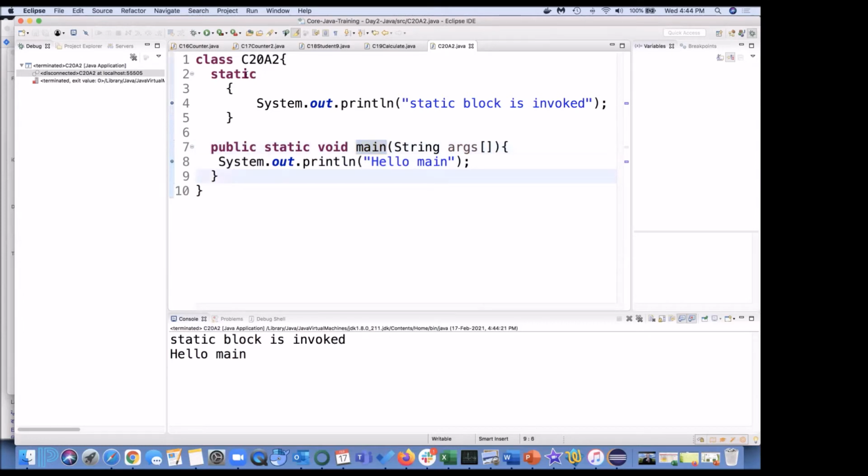But in the case of a static block, whenever your main class is going to load into memory, before that, these static blocks are going to be executed. Suppose you have different static blocks, those will execute, and then the normal sequence of your main program will go. And that's how we have seen it in our debugging mode also.